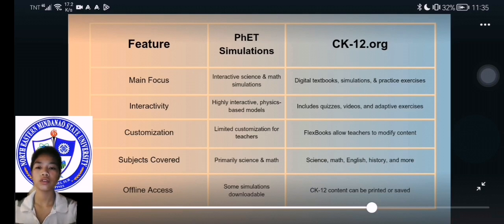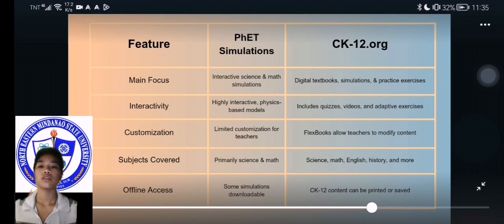So first, we have here the features. Features are the main focus, interactivity, customization, subjects covered, and offline access.